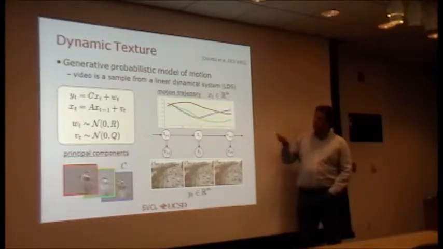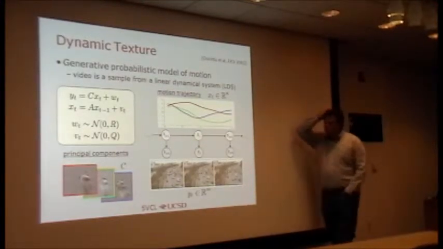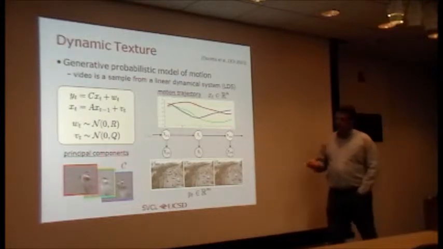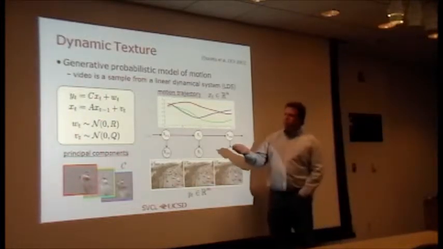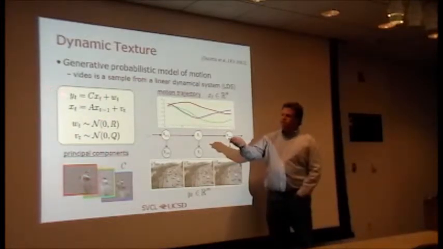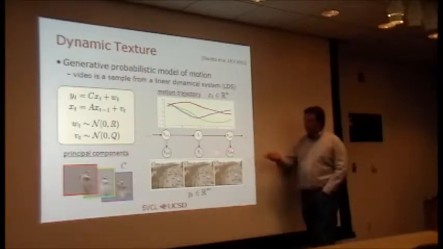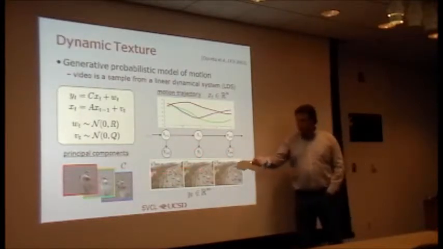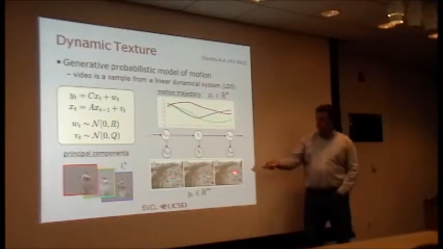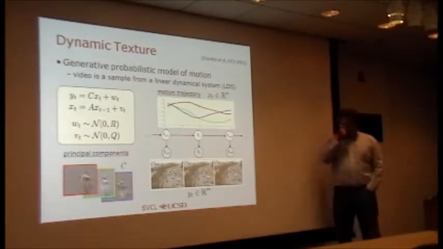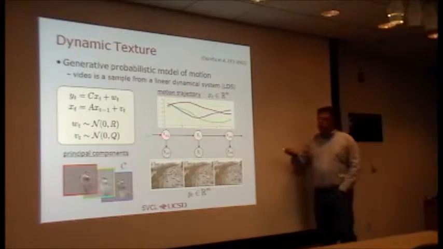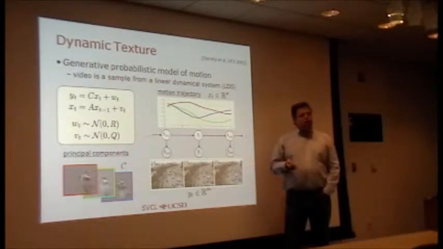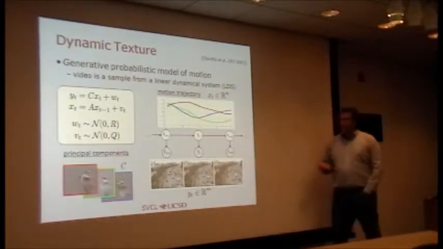If you haven't seen linear dynamic systems, you can think about it this way. There's a pair of equations. This is the graphical model, in case you're more familiar with that language. There's a set of observed variables over time, which are video frames. The video frames are the things that get observed, so they're samples from the observed variables. And then there's a set of hidden variables which encodes the state of this linear dynamic system.